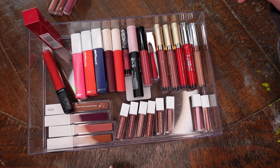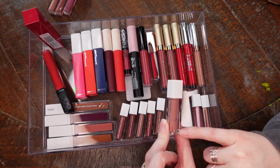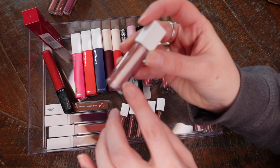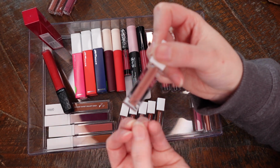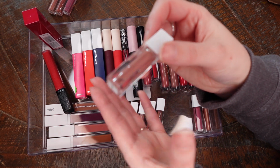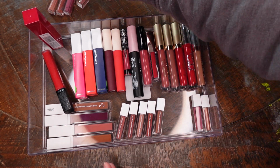I think I'm going to, because I just used these, and these really shouldn't, because I just tested them all, they really shouldn't have the separation going on that several of them are having. So all of the ones that are having the separation like this, even though I literally just swatched all of these and tried to use them up, I'm going to go ahead and part with, because that just tells me that they're really drying out and or there's not much left in it. So I'm going to declutter